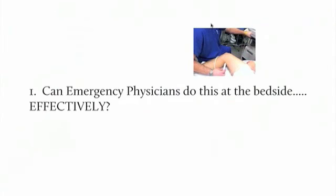So our first question is, can we do it at the bedside effectively? This is something that I've been doing for a while now, doing these ultrasound scans. But over the last couple of years, it seems like invariably I would do it, and I don't see a clot. But I just wasn't quite confident and end up getting a formal scan or having them come back for a scan the next day